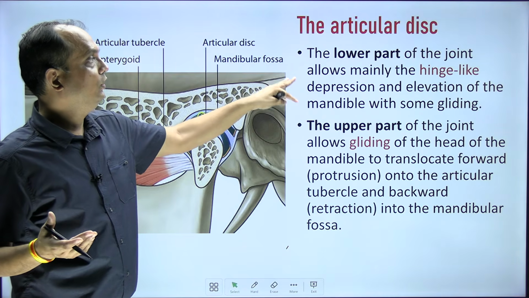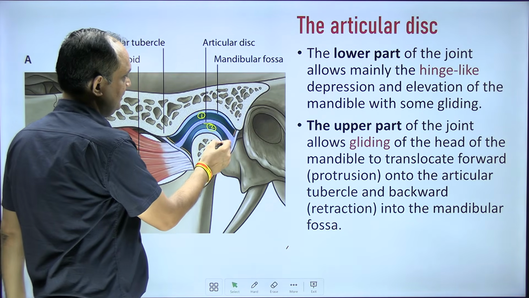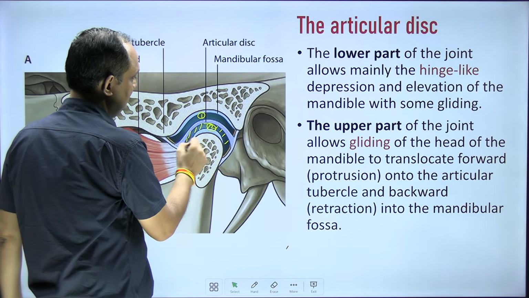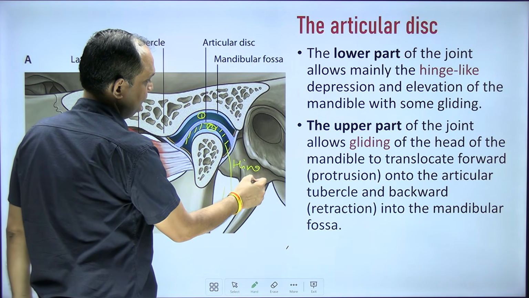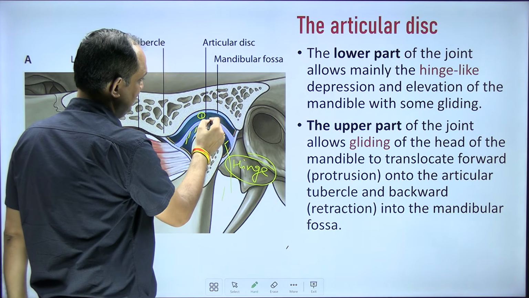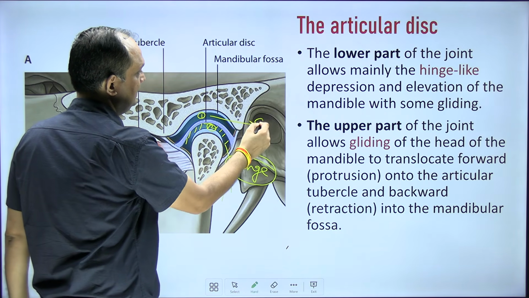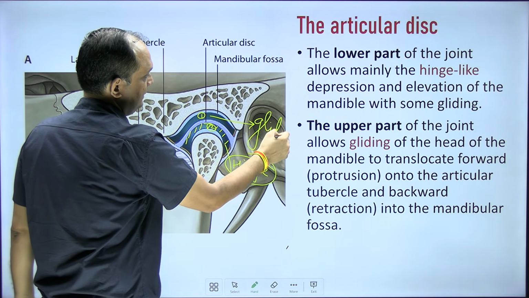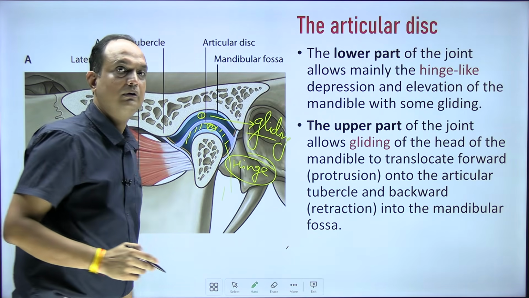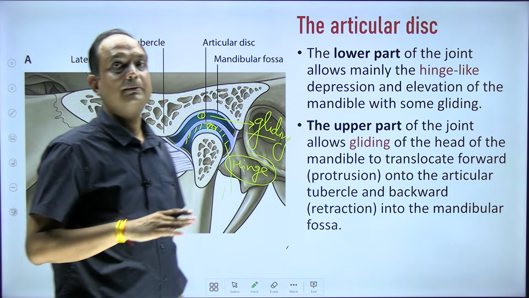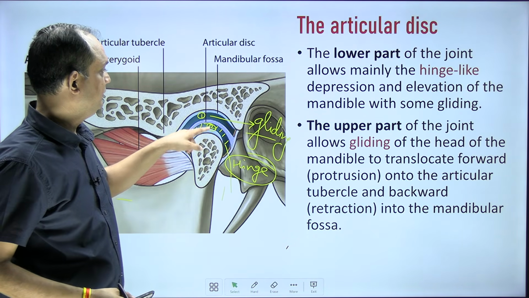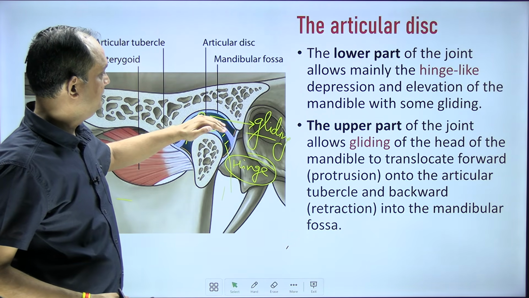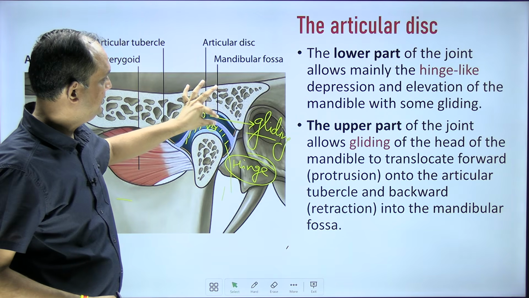So the lower compartment, that means this compartment, allows mainly the hinge movement. It allows mainly the hinge type of movements, and this upper compartment allows mainly the gliding movement. Now this is something which you have to understand whenever you are reading the mechanism of the movements of the TM joint. Now this is important, that because of the articular disc, the movements which are occurring in the upper and lower